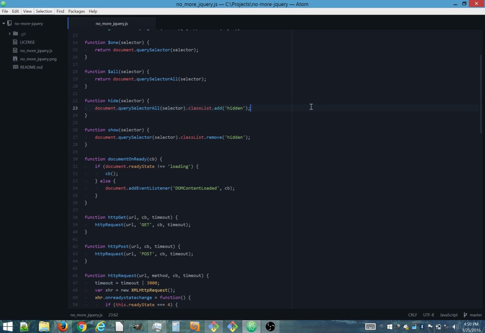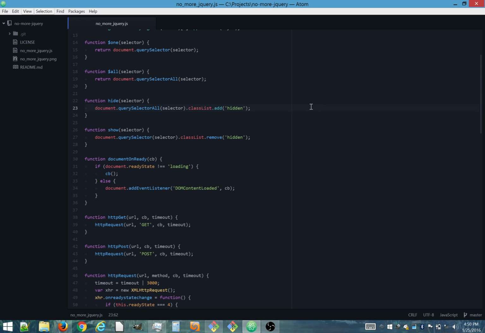Well, the problem is if you do this in pure JavaScript, you do element.style.display equals none. But then when you go to change it back, you would either have to save the value yourself, or you would have to do element.style.display equals an empty string, which would reset it to whatever your style sheets are doing, and you would still lose the value. So I'm getting around that whole mess by just using a class name instead of a